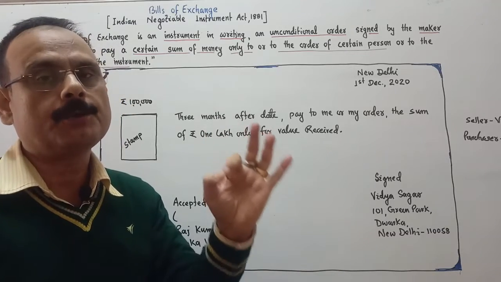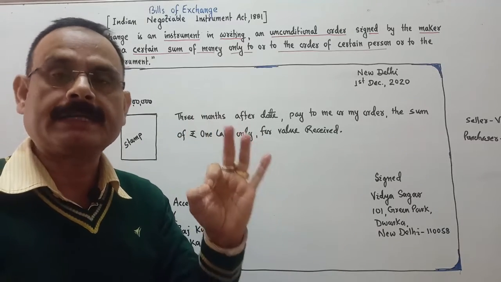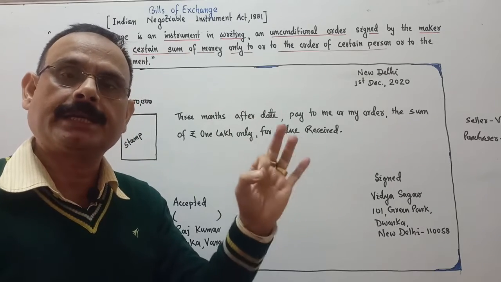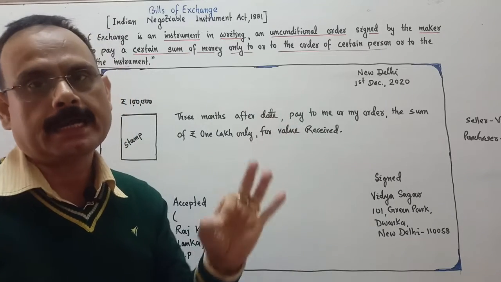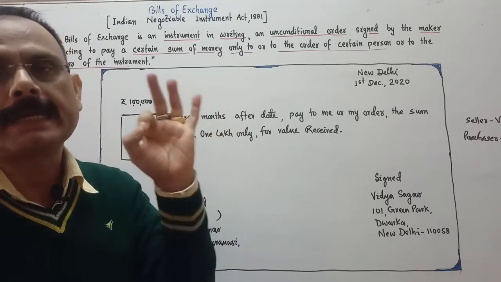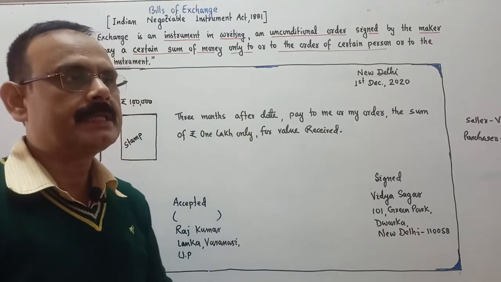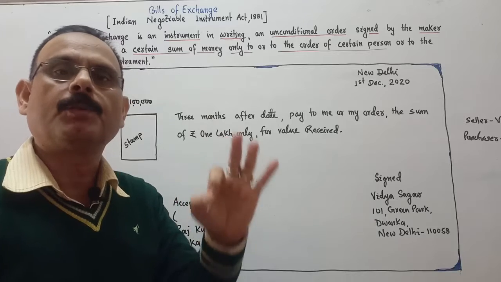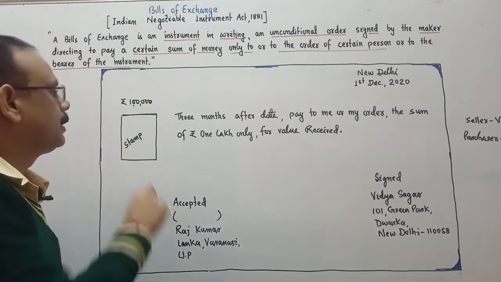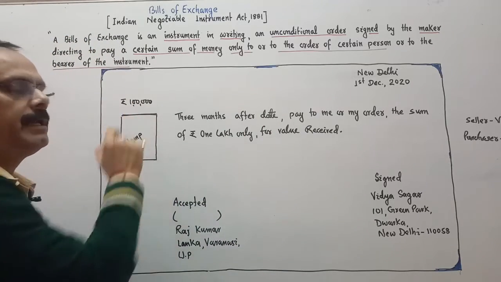He will be the drawee. When he accepts the bill, then he becomes the drawee, and he is the debtor. So Vidyasagar, when drawing the bill on Rajkumar, will write the amount in numeric